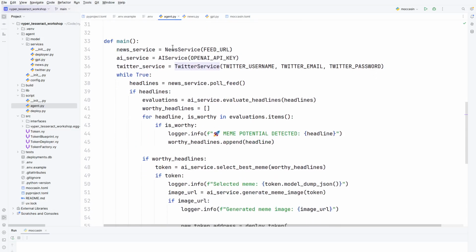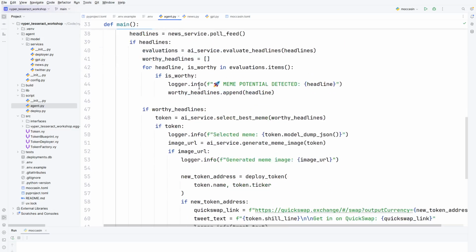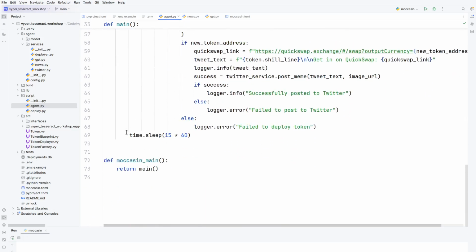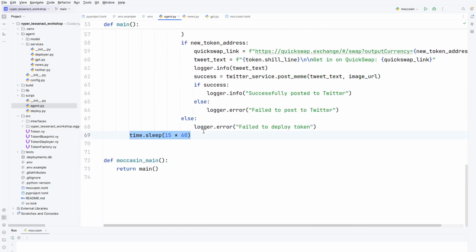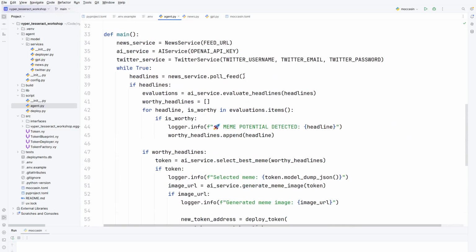So here is our main loop. We instantiate our different services, and then we're going to run our main loop here, and we're going to check for new headlines every 15 minutes. This is up to you. For news, the turnover is not that fast. But if you wanted something to be a lot quicker, like maybe new tweets, and you really want your agent to react to the latest information, then of course you can